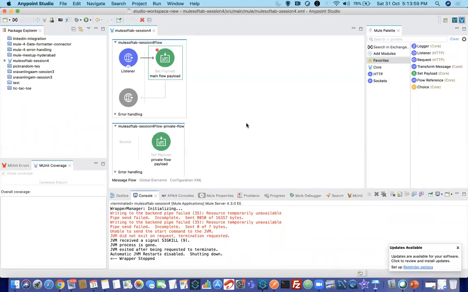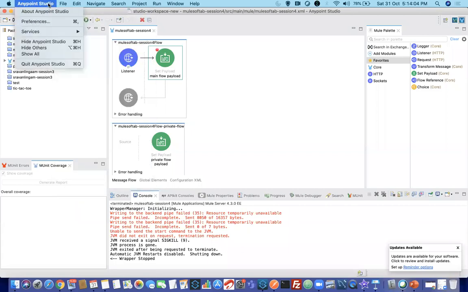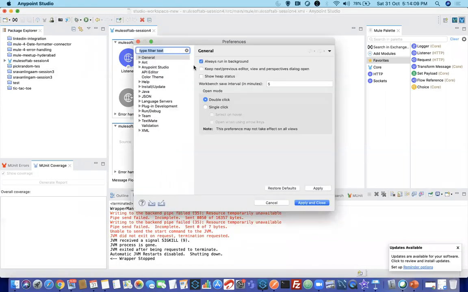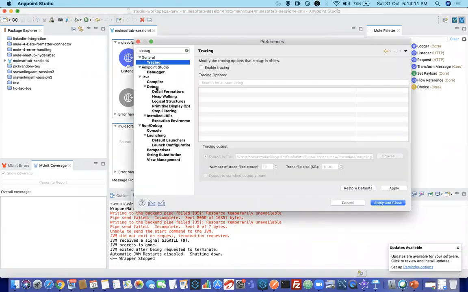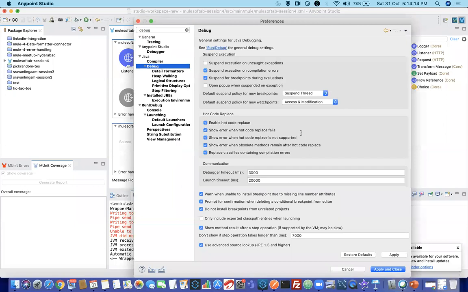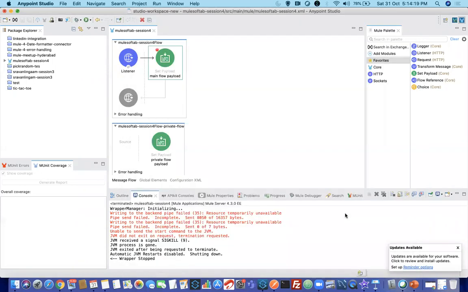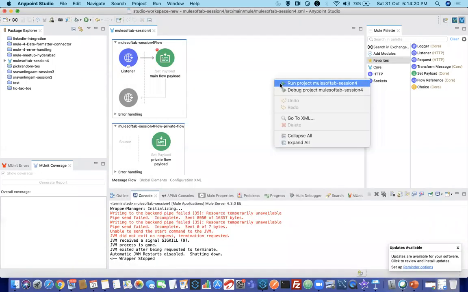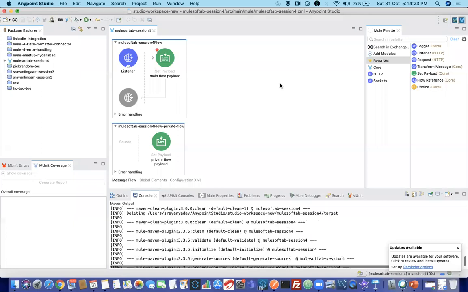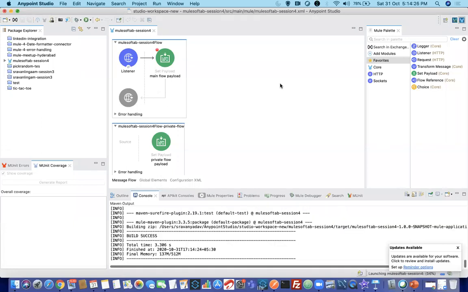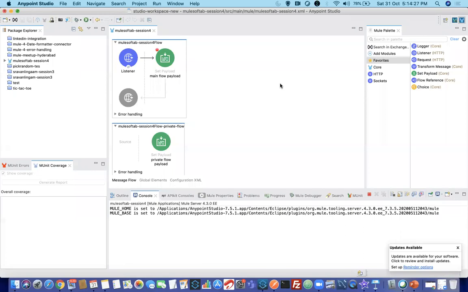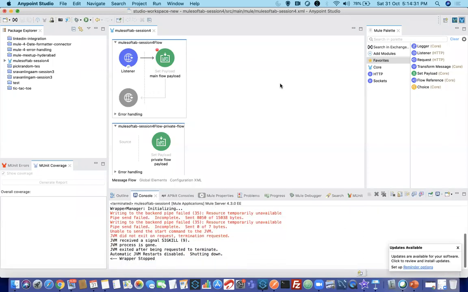I don't know, my system is not working. Anypoint Studio preferences, debug. Let me run first. JVM did not exist.